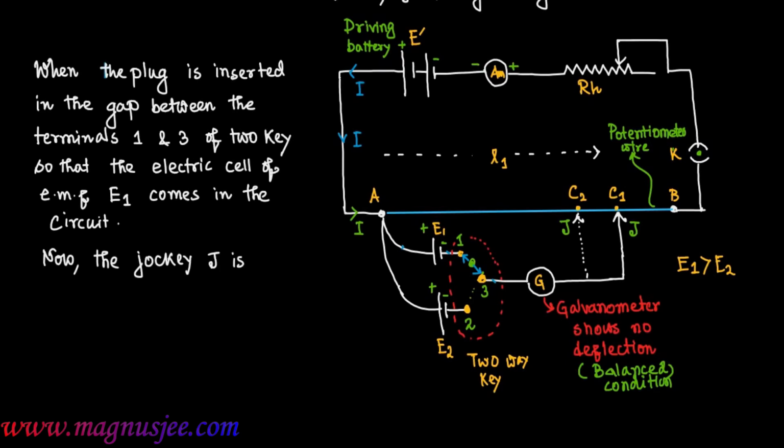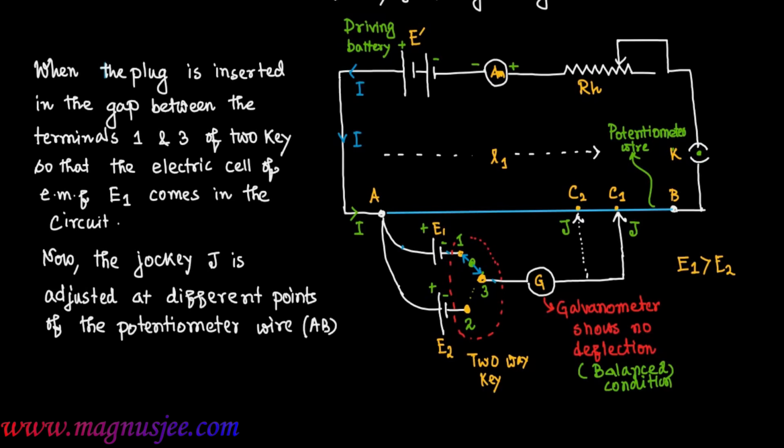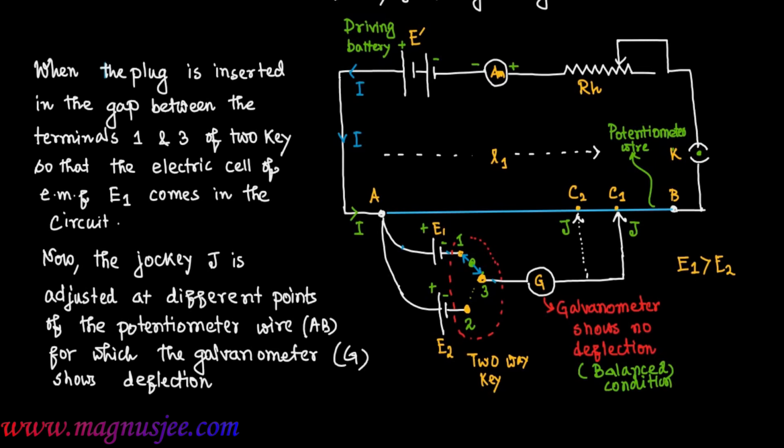Now the jockey J is adjusted at different points of the potentiometer wire between the two terminals A and B, for which the galvanometer G shows deflection. But if the jockey J is pressed with